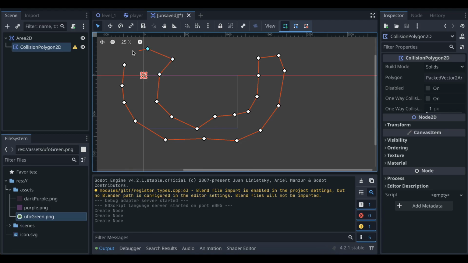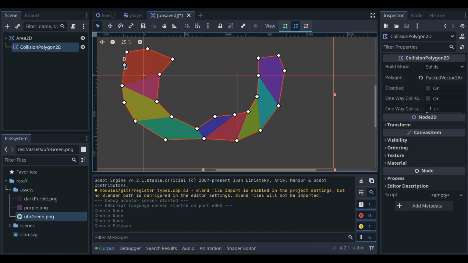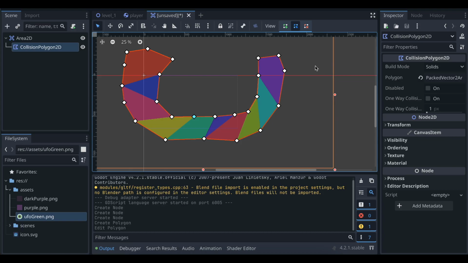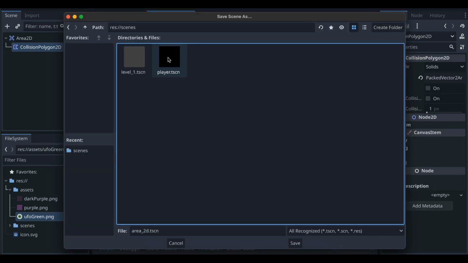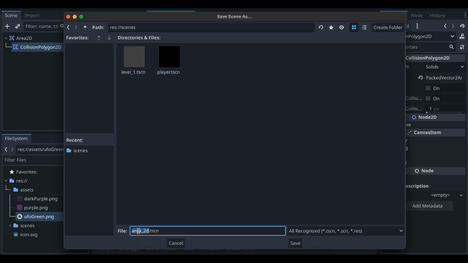Yeah, I have created an extremely simple one. Now you have to click at the very start point to join it. It will automatically join it. You don't have to worry. Suppose you are not happy with the shape, you can click on this edit point as well, then select whatever point you want and just move it. If you want to completely erase it, you have erase points as well, which will help us to erase one or more points. Yeah, next we will save it inside scenes, give a name as maze,